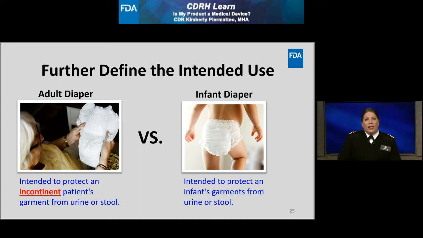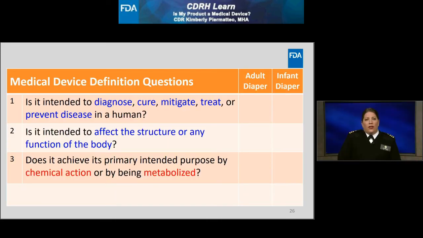For an infant, incontinence is not considered a medical condition since it is normal for an infant to not be able to control their elimination until they are of an appropriate age. Therefore, I can further define each product's intended use, with the adult diaper being intended to treat incontinence and the infant diaper is not. To help me evaluate whether these products meet the definition of a medical device, I'm going